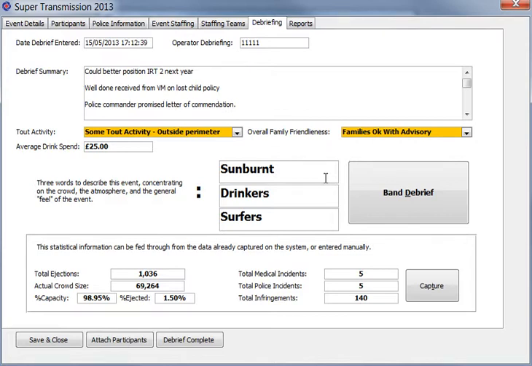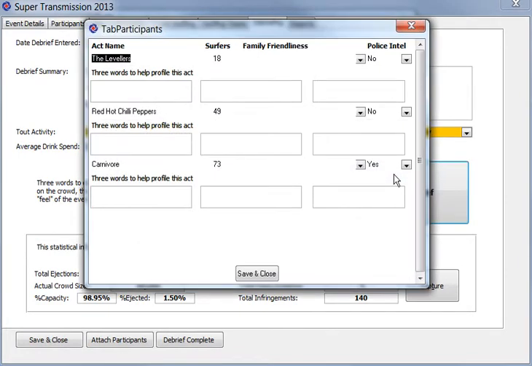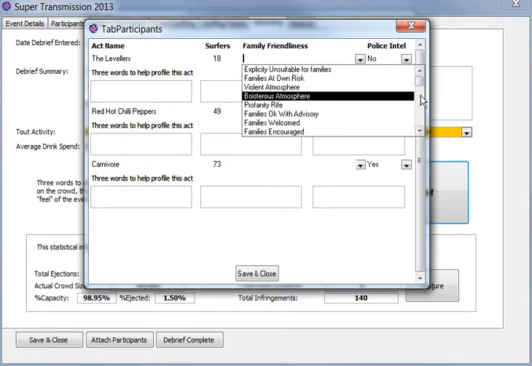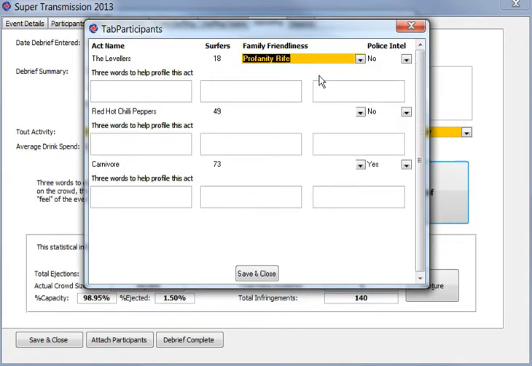So we've got the artist is the Levellers, family friendliness for the Levellers, we can say profanity rife. Again, we've got the 3 words, so I'm going to go with the 3 words that I associate with the Levellers. Okay, Red Hot Chili Peppers, family friendliness.